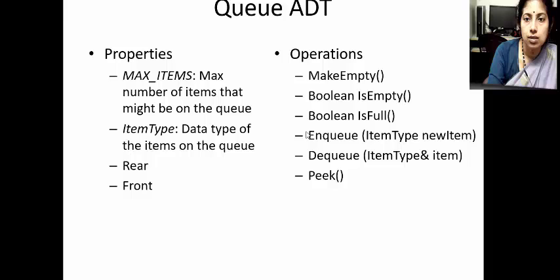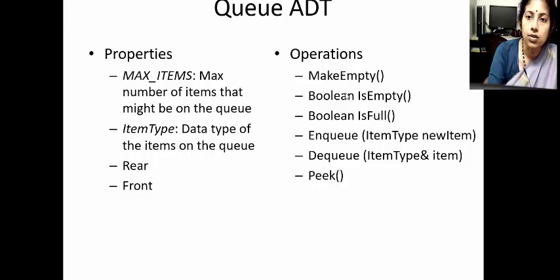The insertion of elements into a queue is called enqueue, and you can insert any type of item into the queue, either an integer, float, character, or a string. It takes one new item as an input parameter. Similarly, the deletion operation in a queue is called dequeue, and it deletes the element at the front end. And the peek operation always retrieves the element at the front end.